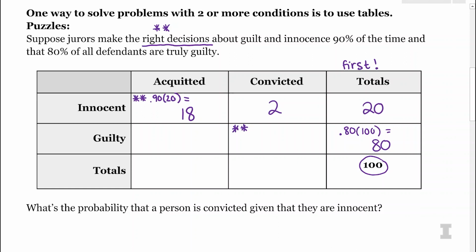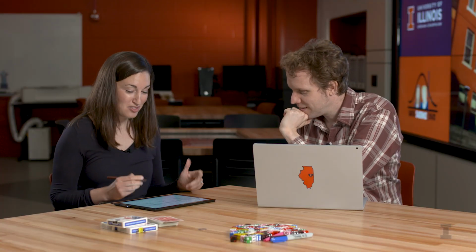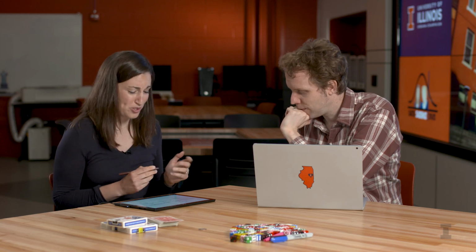Yikes. And then for the 80 guilty people, 90% of those 80 guilty people will correctly be convicted, which is 72 of them. And then the rest, which would be 8 of them, would be acquitted. So that would be guilty. Ooh, that's bad too. Yeah, a guilty person walking free. Oh gosh, yeah. Depending on the crime, that could be worse.